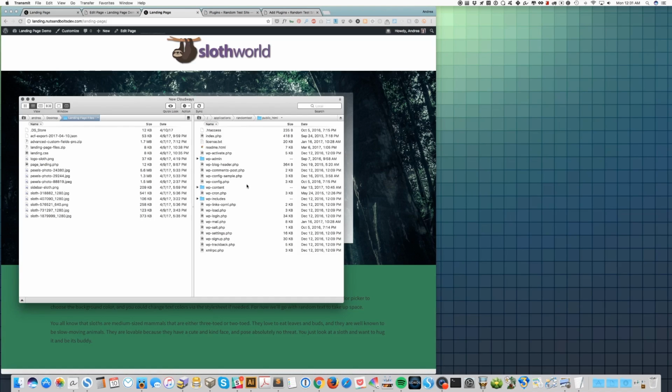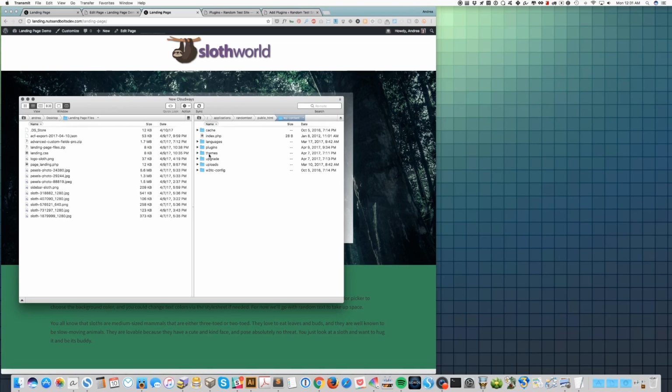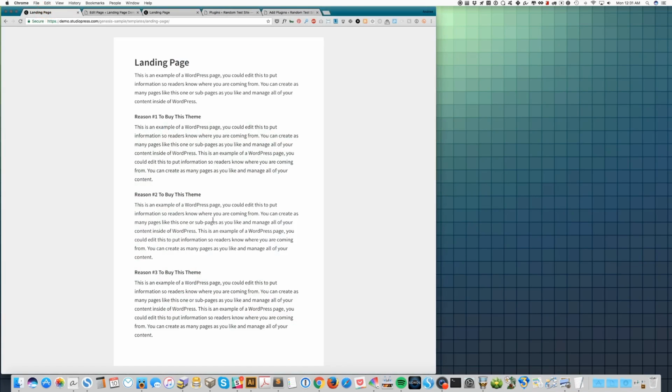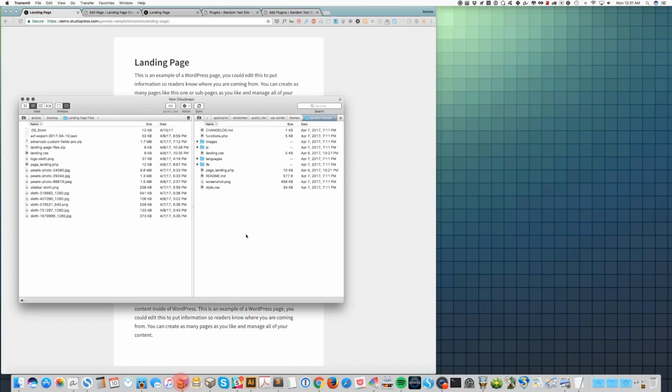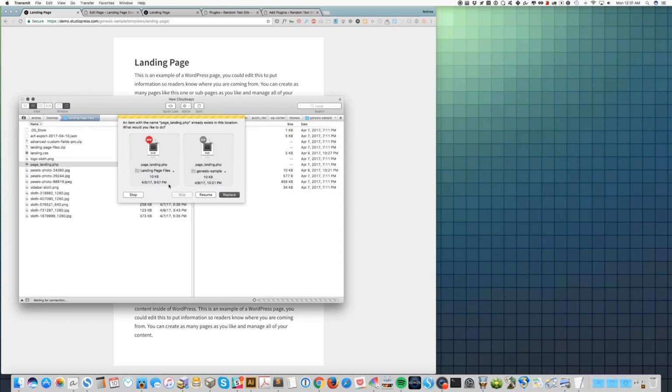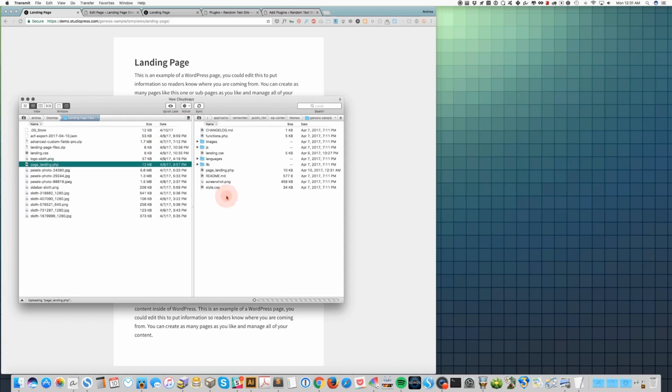Over here on the right side of my FTP window, I have the root directory for a test site. I'm going to go into the wp-content folder, and then themes, and then Genesis sample. You'll see there's already a landing page template in here. This is that boring one that I showed you here. This is what comes with the theme. So I'm just going to replace that with this other file also called page_landing.php, and my FTP program is asking me if I want to replace it. I'm going to say yes,